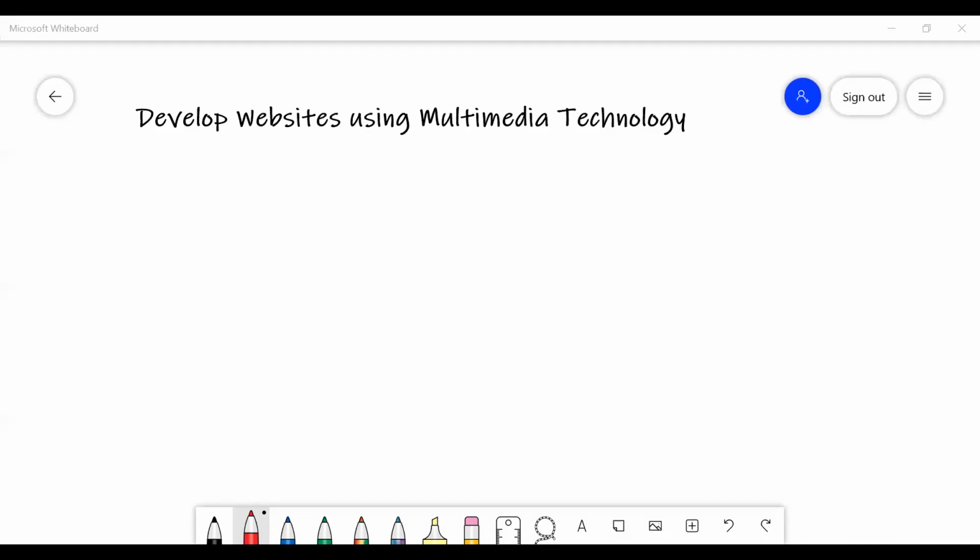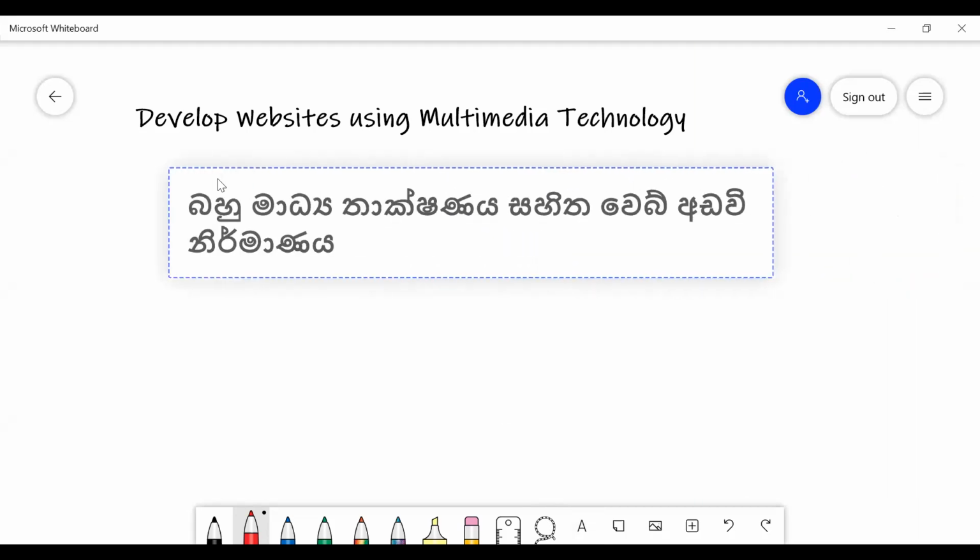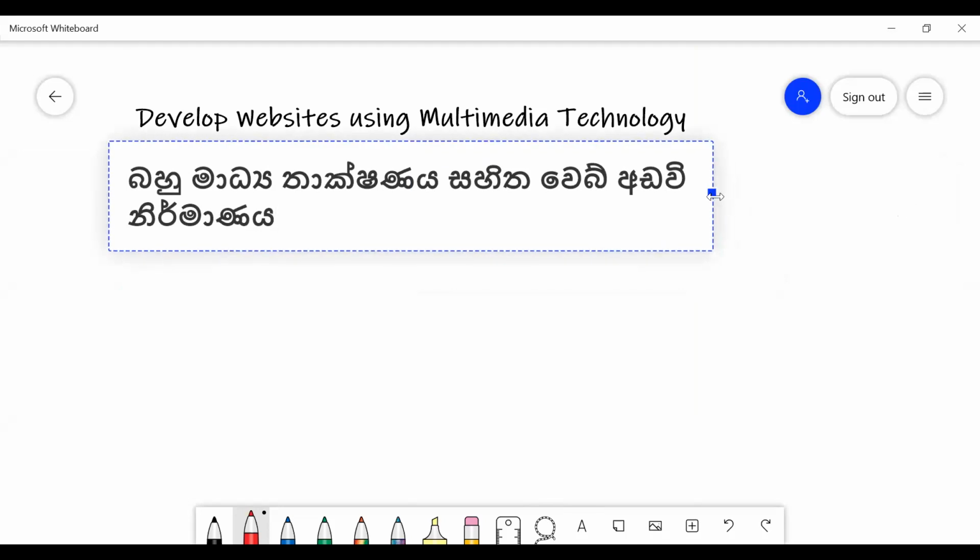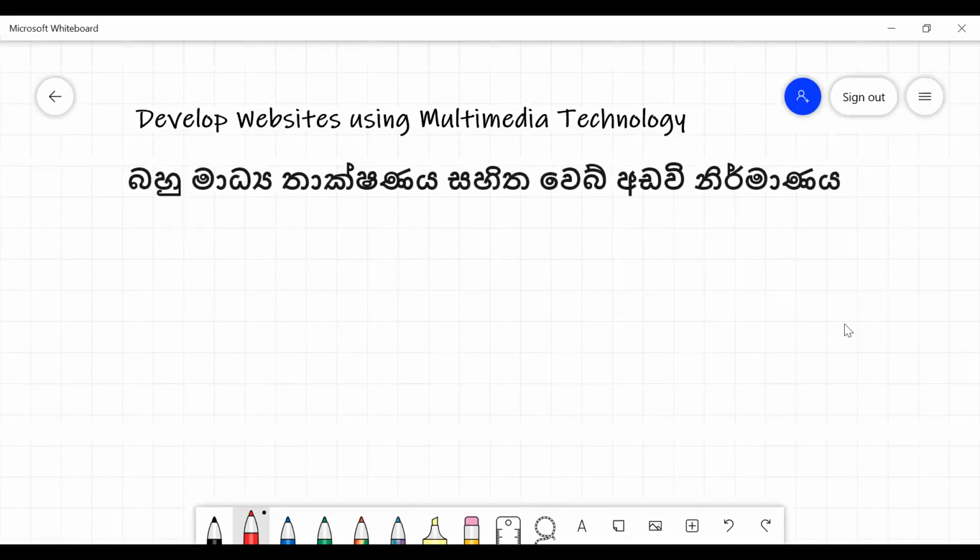So this is a new topic, and I think it's very useful as well, right? Very useful topic as well. So in Singaling we say web site design. So we are using another term here which we call